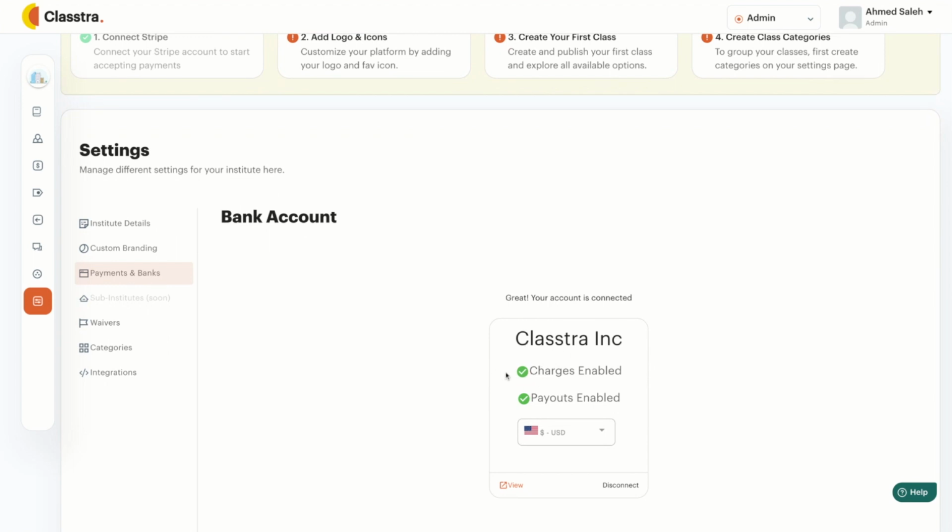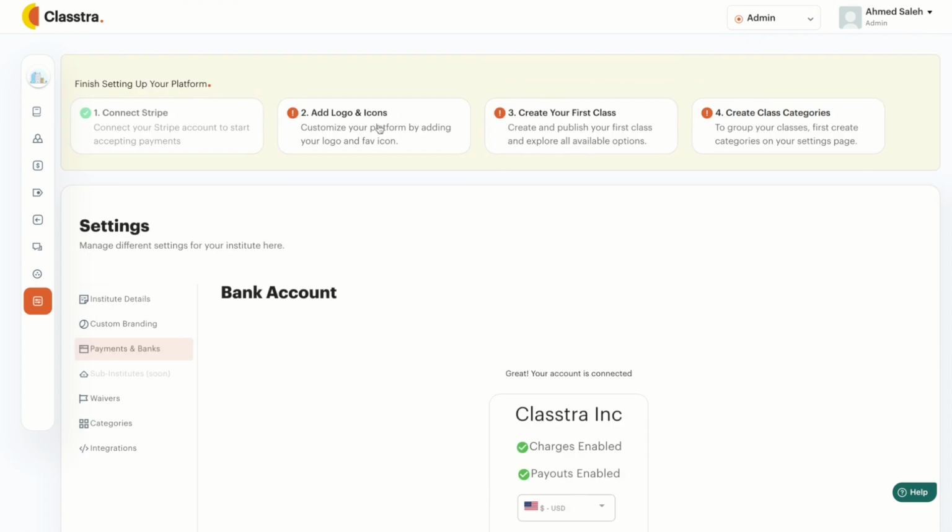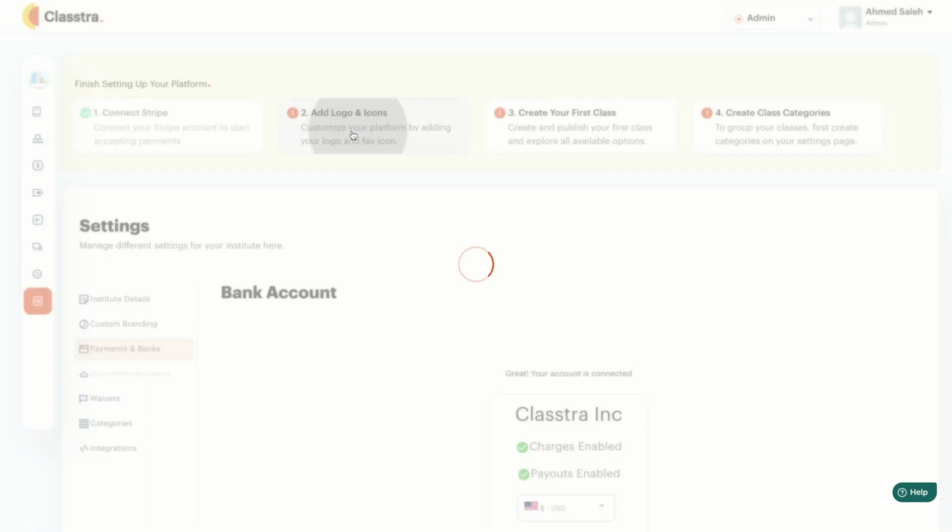There are two things to pay attention to here: the charges enabled and payouts enabled. They both have to have green check marks next to them. I'm going to go ahead and go to the next step on the onboarding and add logos and icons to